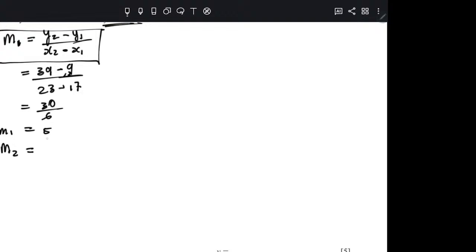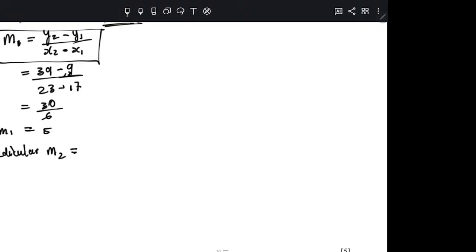Which means to now get the m2, you flip m1. m1 is 5 right now. When you flip it, it becomes 1 over 5. Okay? Because when you flip a whole number, it becomes 1 over. Then you change signs. Okay? So it's negative. This is the perpendicular. You can write to say perpendicular m2,